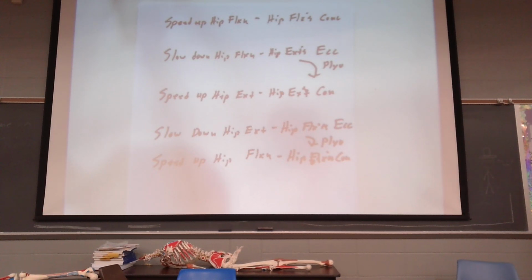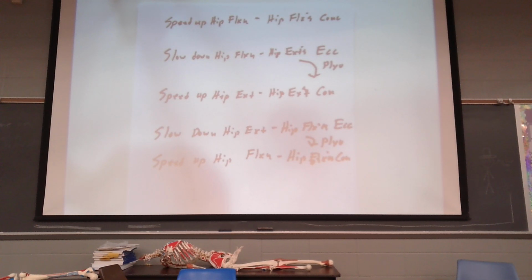So on the test, I will not get into any more than there's a sprinter. What would be a muscle that would speed up the hip flexion while they sprinted? And the type of contraction to speed up the hip flexion. And I might say rectus femoris through concentric,